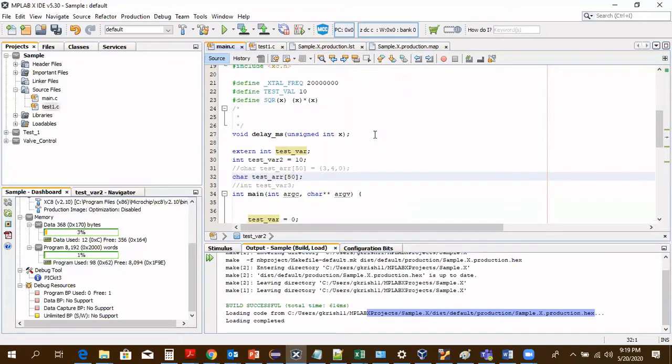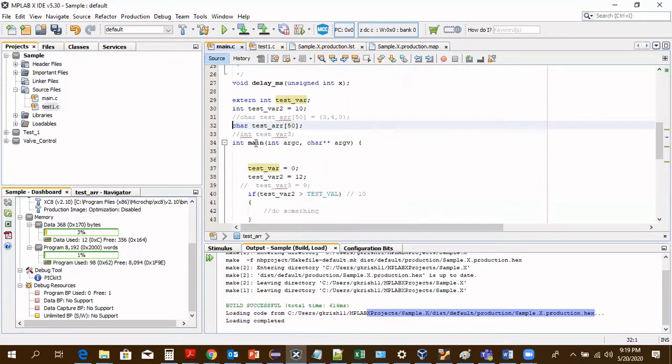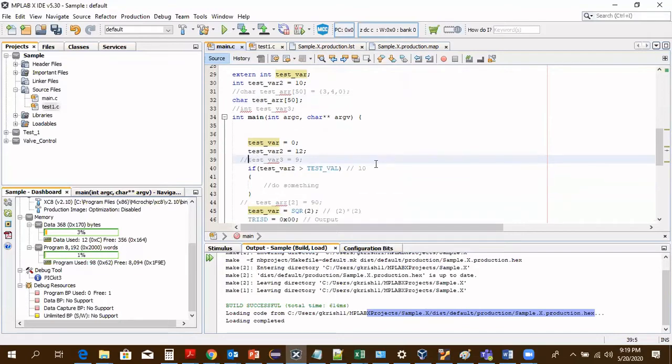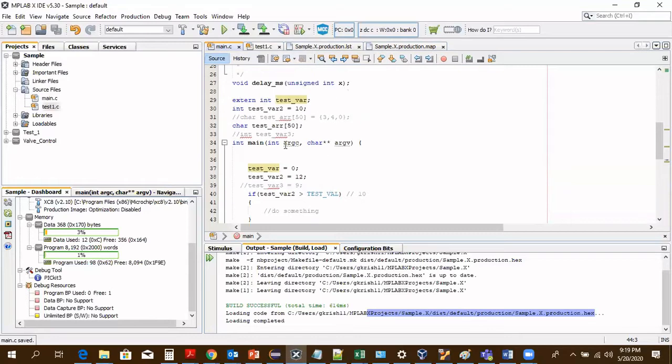So test_array is of size 50 and we are not initializing it with any value. So what I do is just use this test array. This is not initialized. So where will it sit? It will be sitting in the BSS segment. So we will check that.